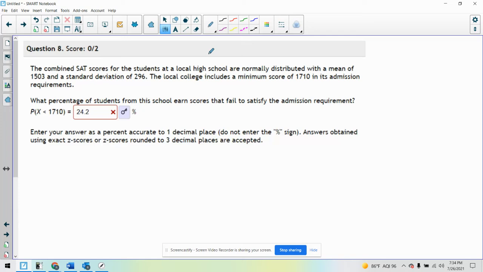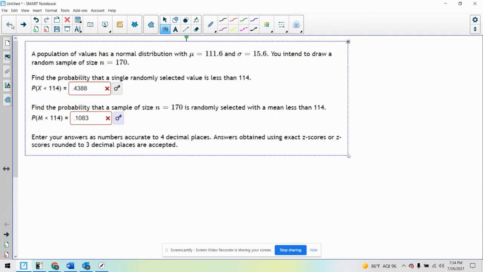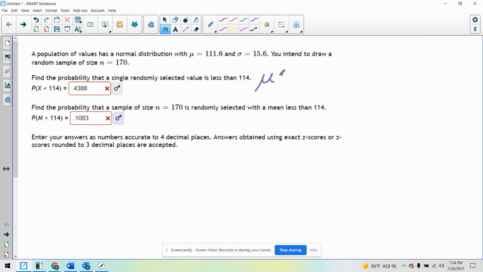All right, so we'll do 5 first. This is a population of values as a normal distribution with mu 111.6, sigma 15.6. You intend to draw a random sample of size 170. Find the probability that a single randomly selected value is less than 114. So even though it says sample up here, there's no sample when talking about this problem. So we're just going to use mu of 111.6